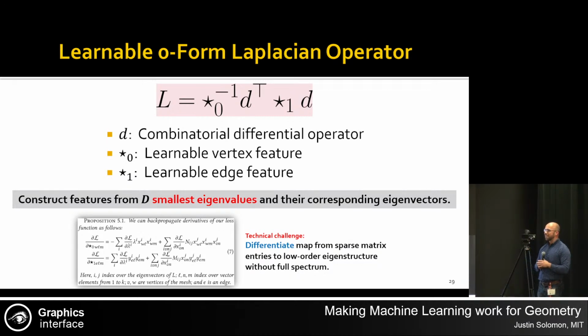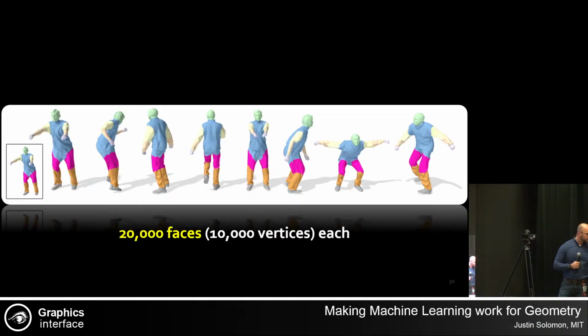Now, the reality is that engineering this tool is a little bit tricky because of exactly the challenges I mentioned at the beginning of this talk. Essentially, we were writing down all this math unencumbered by the fact that sparse linear algebra and all the building blocks here are not well supported in PyTorch. So we had to propose a lot of custom techniques for how to differentiate into sparse computation and so on. And I think there's a lot more exciting research to be done here, both mathematically and on the engineering side.